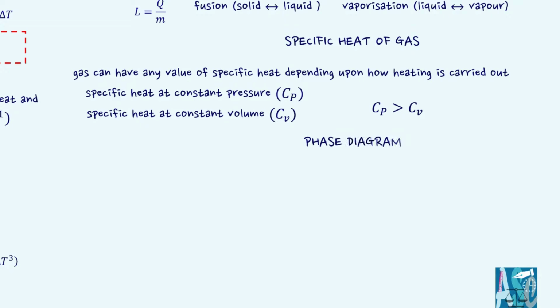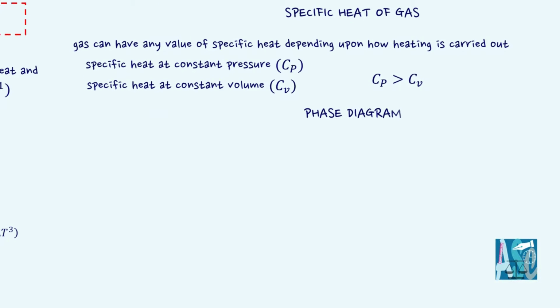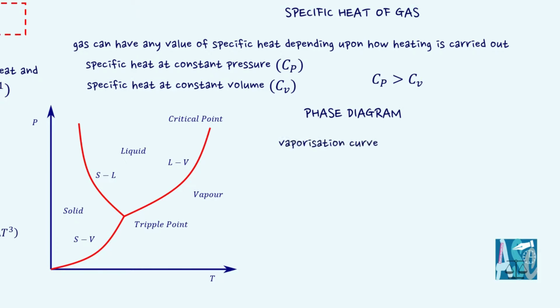The behavior of a gas can be diagrammed not only on a PV diagram but also with the help of a PT diagram. PT diagram is often termed phase diagram. PT diagrams are convenient for comparing the different phases of a substance. Here, in the adjacent figure, the curve labeled LV represents those points where the liquid and vapor phases are in equilibrium. This curve is known as vaporization curve.